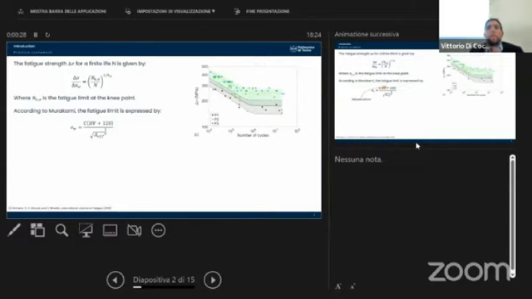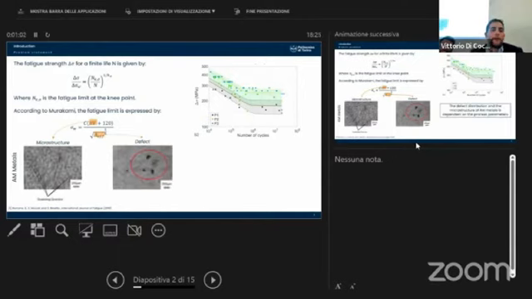As you know, the fatigue response of metals can be modeled by well-known formulations, while the fatigue strength at a finite life can be computed starting from the fatigue limit of the material. The fatigue limit itself, according to the Murakami formulation, can be described by this formula, where we can distinguish two main factors. The first one is the Vickers hardness, that according to Murakami is related to the microstructure of the material that we are characterizing. And the second one is the area of the defects.